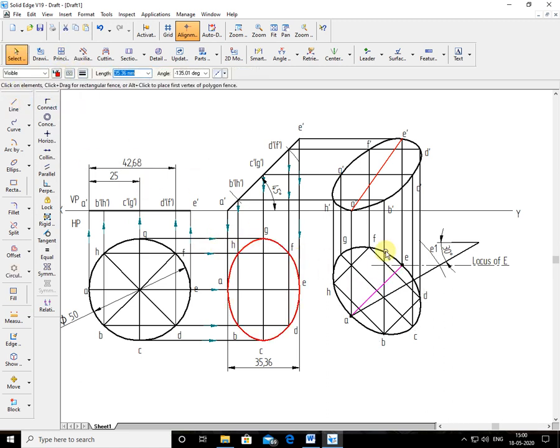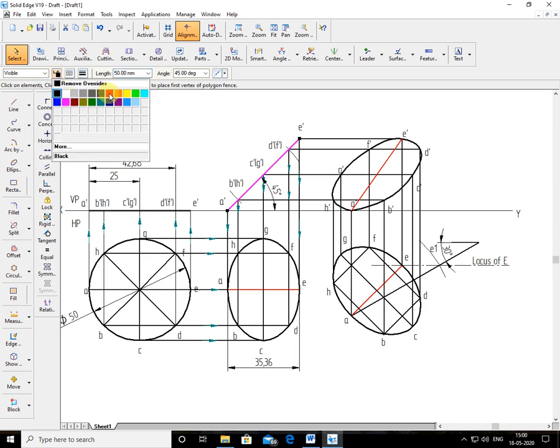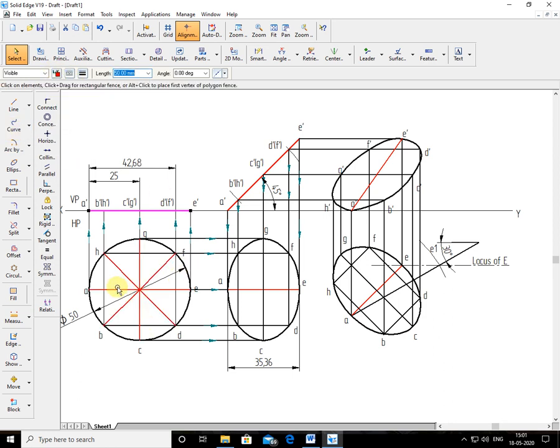With the HP 45 degrees, with the VP 30 degrees. So this is the diameter. Everywhere it is diameter. You see the red line is the diameter making angle with both VP and HP. This is like a line problem.